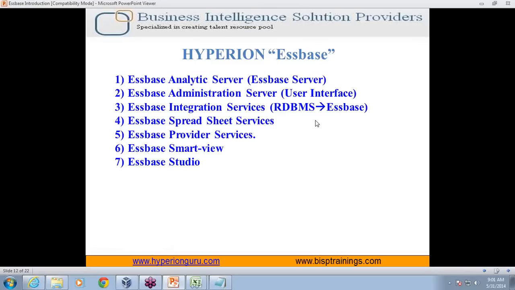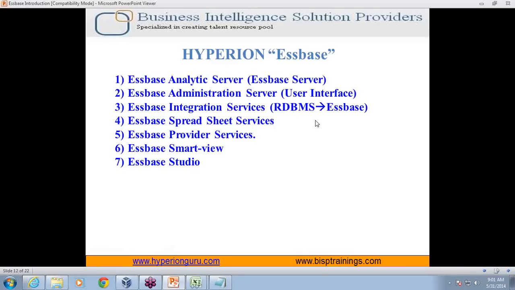We have a couple more interfaces like Essbase Integration Services and Essbase Studio. Essbase Integration Services, as the name indicates, connects Essbase to the underlying RDBMS and pulls data and metadata from the RDBMS. This speeds up your development process in this integrated development environment.